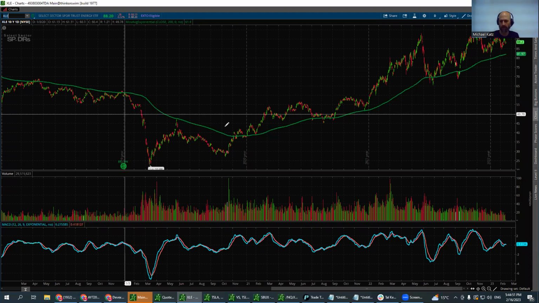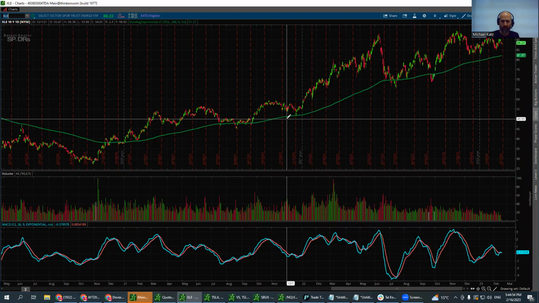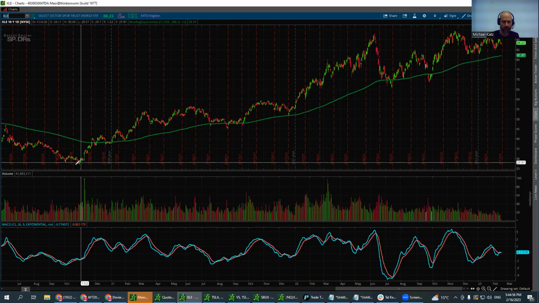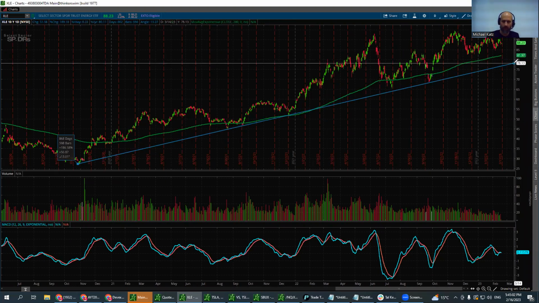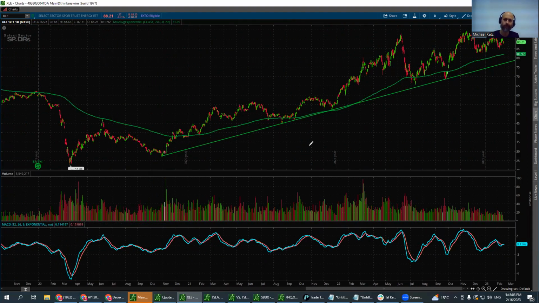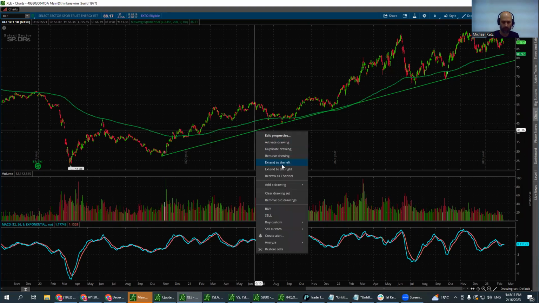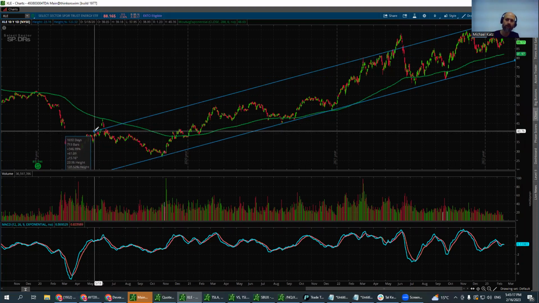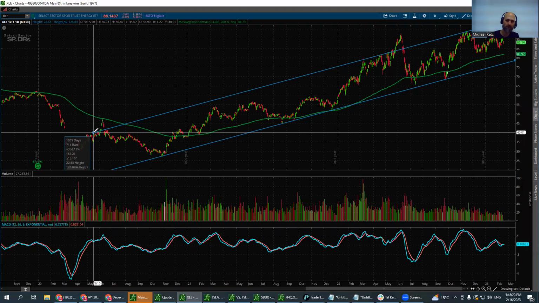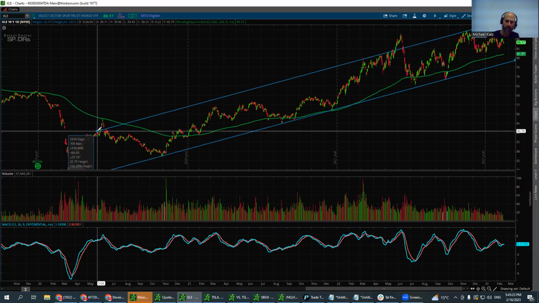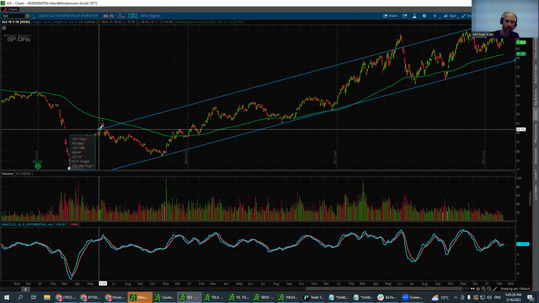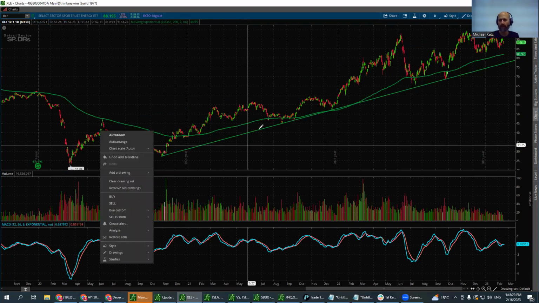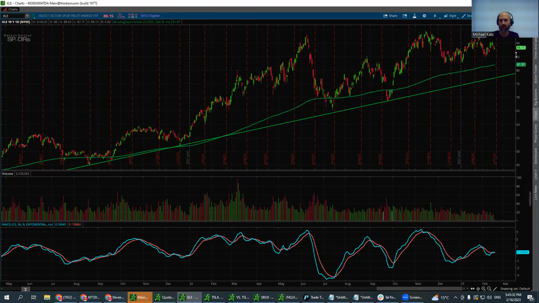They have this really tight correlation. So of course you can, in the XLE, the energy ETF, you can of course mark this trend line that might be, let's try to redraw a channel with that. I usually like to draw a perfect channel, like really parallel, but I don't see it at the moment. So you do have this trend line that you can work with.